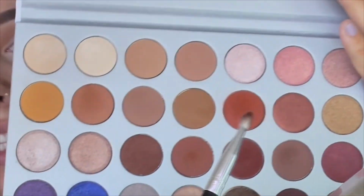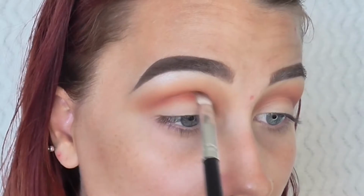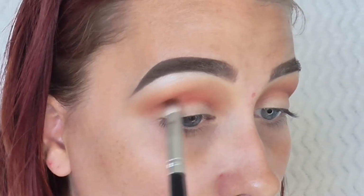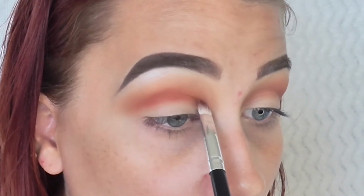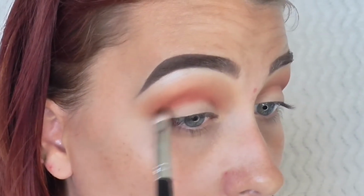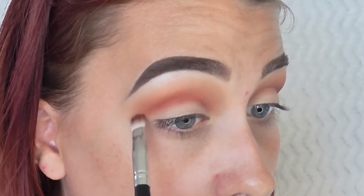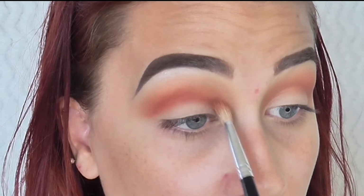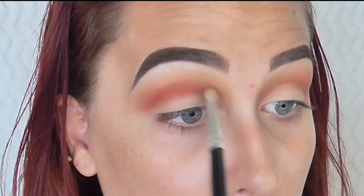I'm going to actually be using the color Hunts again, just to put it right in that crease, get it a little bit tighter, and really help define the crease. Putting it in the upper transition mixed with butter helps it transition a little bit better, but I really do want a more defined crease, and I'm actually going to be using another color in my crease as well, so Hunts is actually going to help transition it into the upper crease. Okay. I'm going to be taking that other goat hair brush just to soften it up in the inner corner